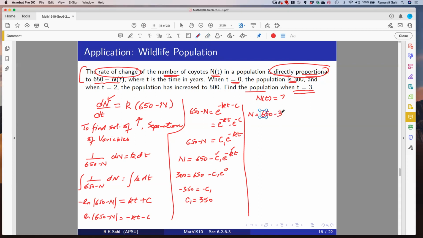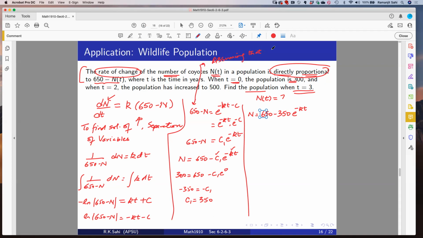650 minus 350 e to the power negative kt. Okay. Now, notice I forgot to mention that when I took the 650 minus n, here I am assuming, and this is important, I removed this absolute value. Forgot to mention here. Let me repeat this one. I am here assuming